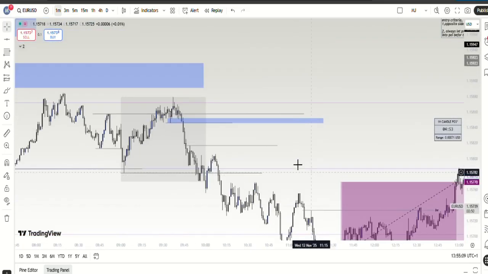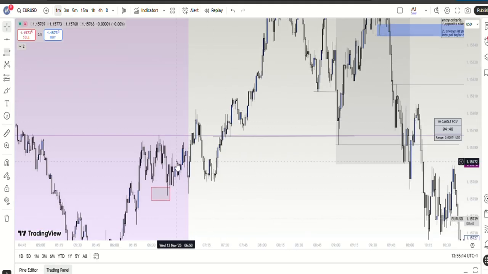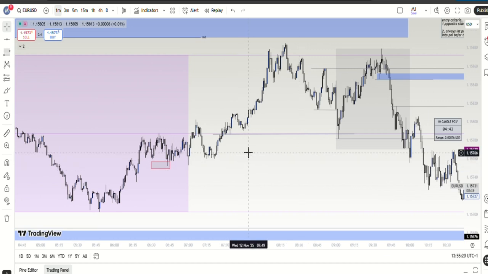Okay, so the chart is like this with a lot of candles. You get confused, you don't know which is which. Don't worry, we're going to do chart examples. We're going to mark it on chart, and I'm going to teach you how to mark it properly